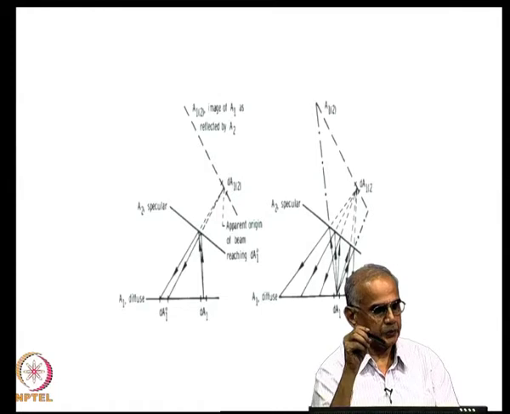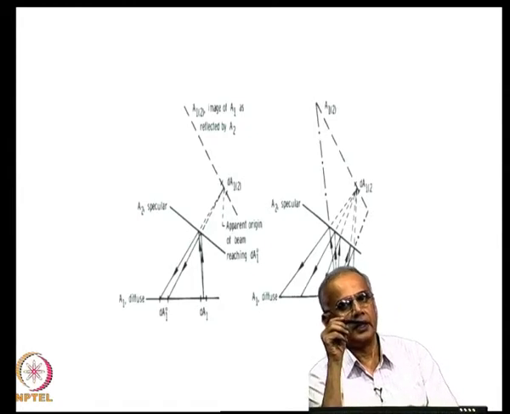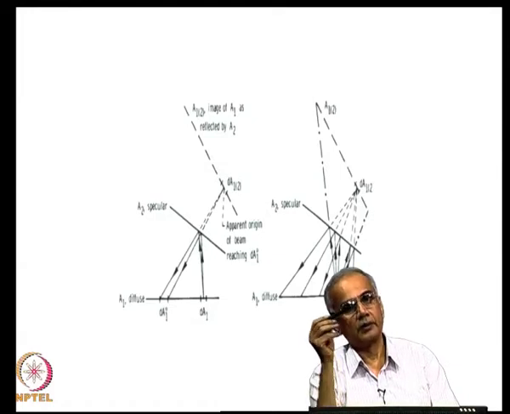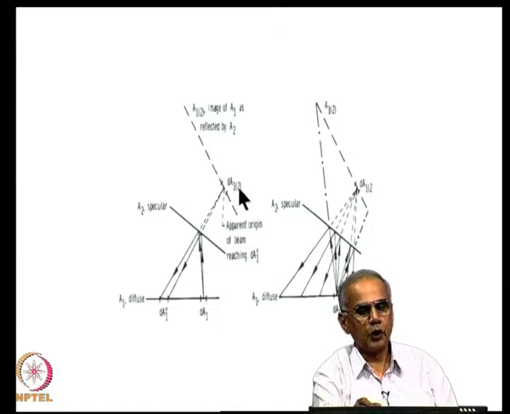So, in the method of images, what we are doing really is exploiting the fact that if a ray is reflected from a specular surface, it can be imagined to be emitted from an imaginary surface equidistant away from this surface. So, you create a mirror image of surface 1 with respect to surface 2 and pretend that a diffuse ray is emerging from surface 1(2), which is the image of 1 in 2, and reaching surface 1.